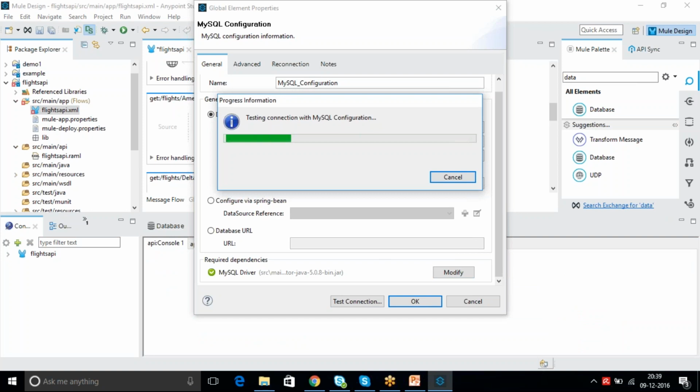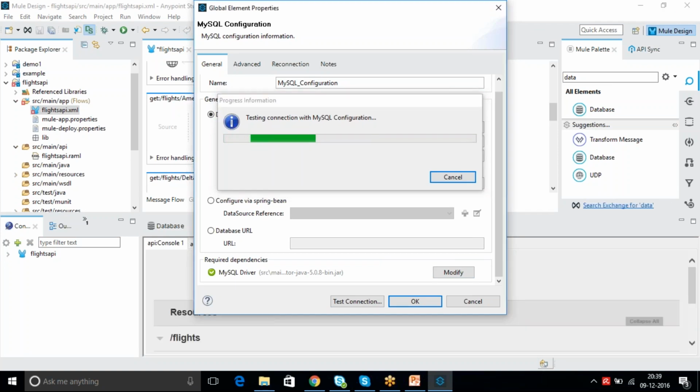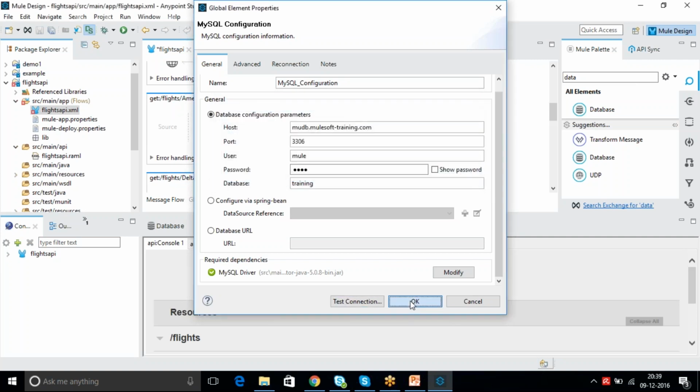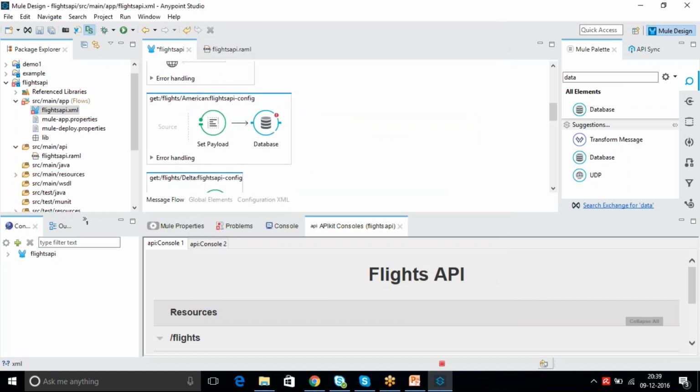So I will share that zip file, whatever the jar files required. Test connection successful. Okay, click on OK.